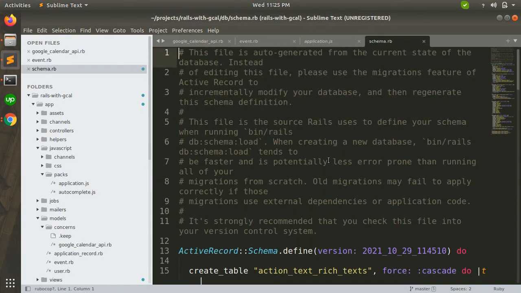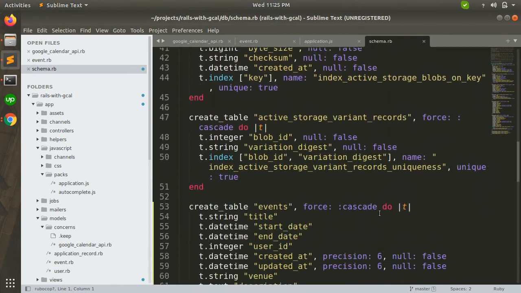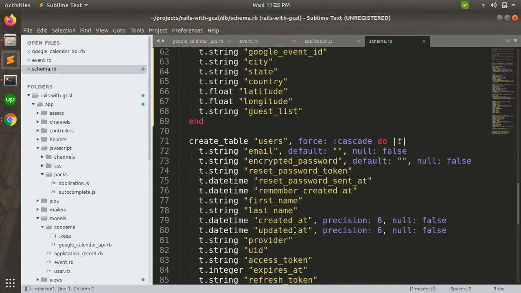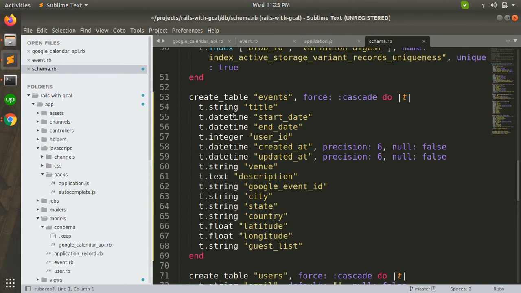The required tables that you need for this demo are the events table and the users table. In the events table you can see the title, start date, end date, and venue. I have implemented the venue with autocomplete as well, so you don't have to write your address manually. You can even use the Google Places API for selecting addresses. But I haven't used that because of the API error, because that API needs billing, and I haven't activated that. So that's why I'm just using static addresses for now.